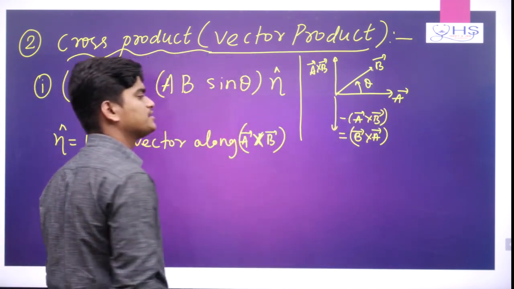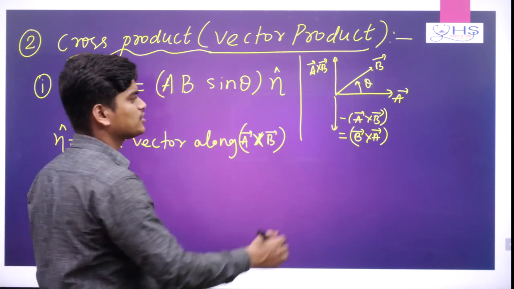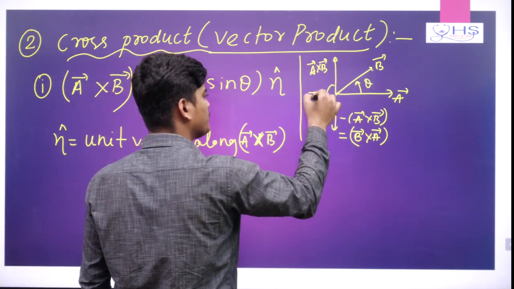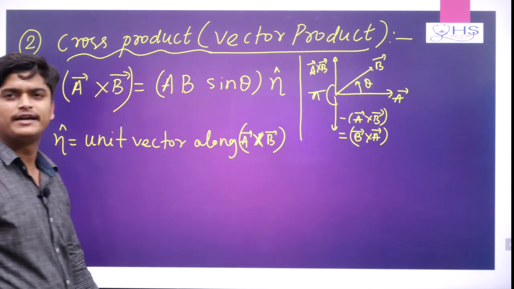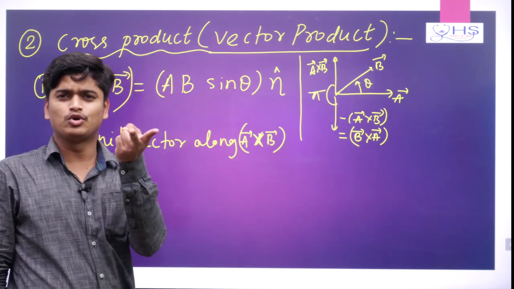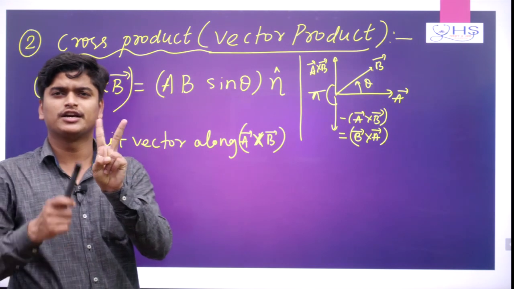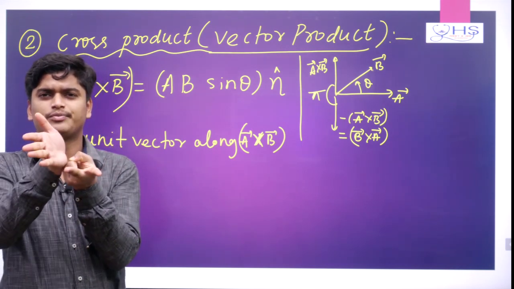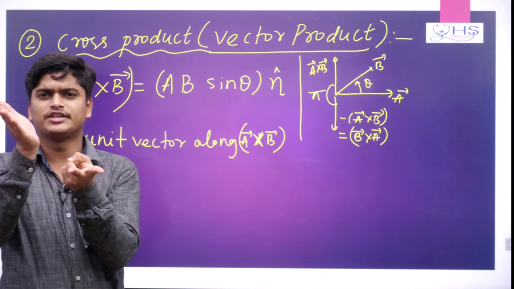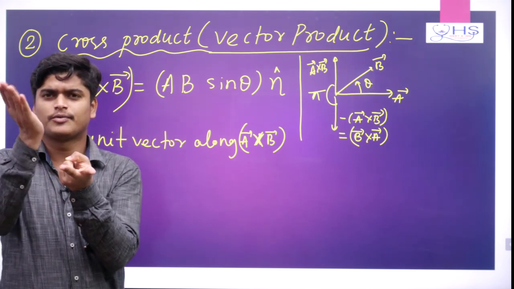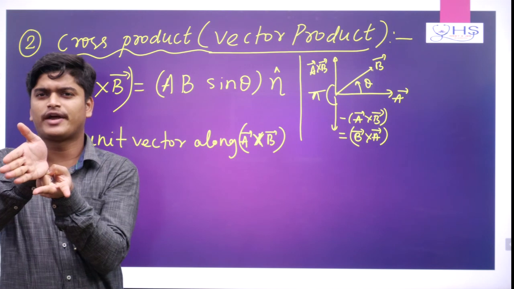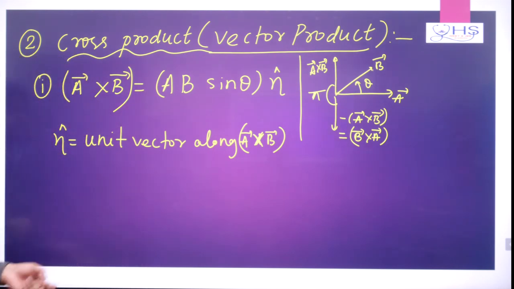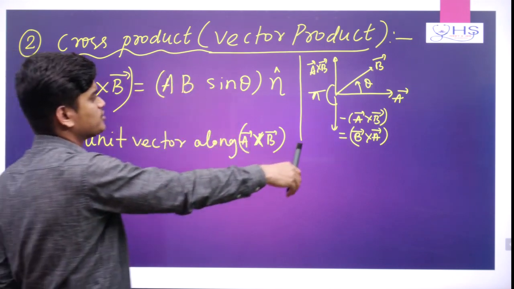Okay, so this is the direction of B cross A, and the angle from here to here is how much? Pi, or you can say 180 degrees. Always remember, of these two vectors, this vector is A vector and this vector is B vector. If you want to find A cross B, first keep your fingers in the direction of A and curl towards B, then the thumb gives the A cross B direction. So upward is the A cross B direction, and downward will be minus A cross B, or B cross A.